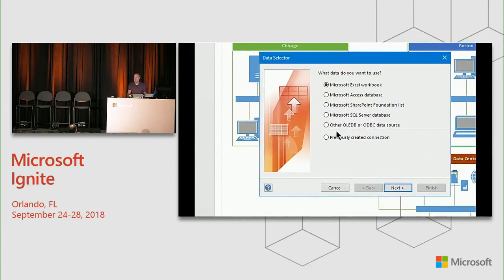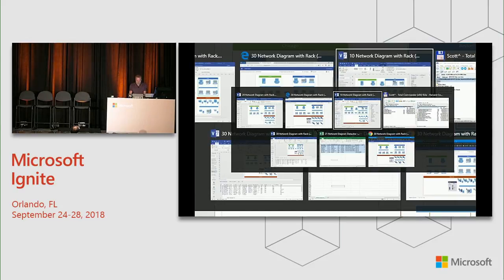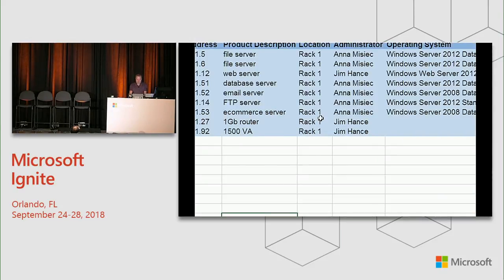When I do that and choose from the data sources, now this is a quick aside, on my slide you saw all the data sources to which I could connect. Here's evidence of that in the wizard that Visio is going to let me step through in order to make this happen. I can choose any of those. My data at the moment happens to be in Excel. Indeed, it looks sort of like this. So here's